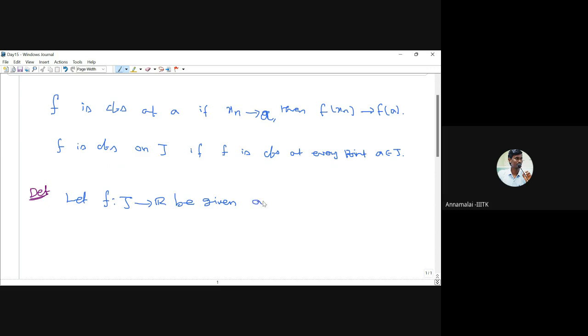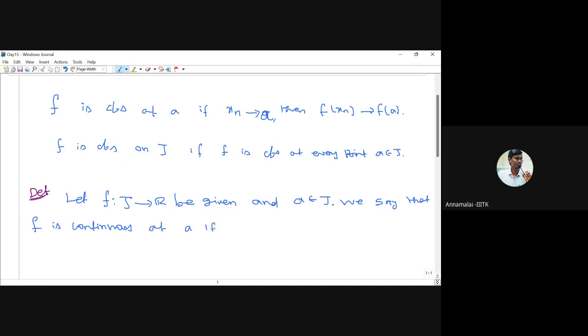And we take some element A in J. We say that f is continuous at A